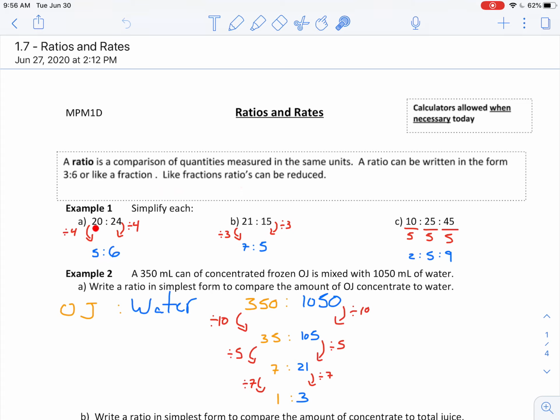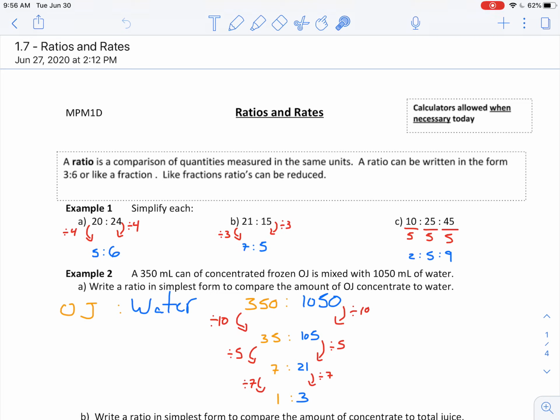So we're given a ratio here, 20 to 24. How can we simplify or reduce? Well, I can divide both by 4, so I would actually have an equivalent ratio of 5 to 6. 21 to 15, how do I reduce that? Well, both can be divided by a factor of 3, so then 21 to 15 can be reduced to 7